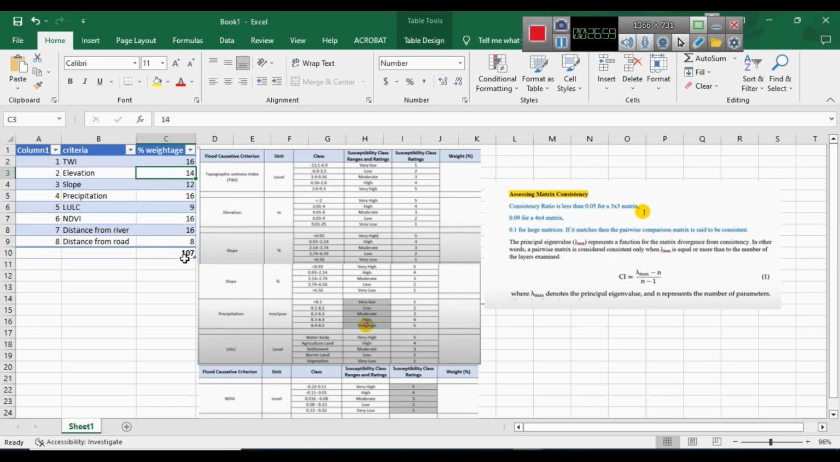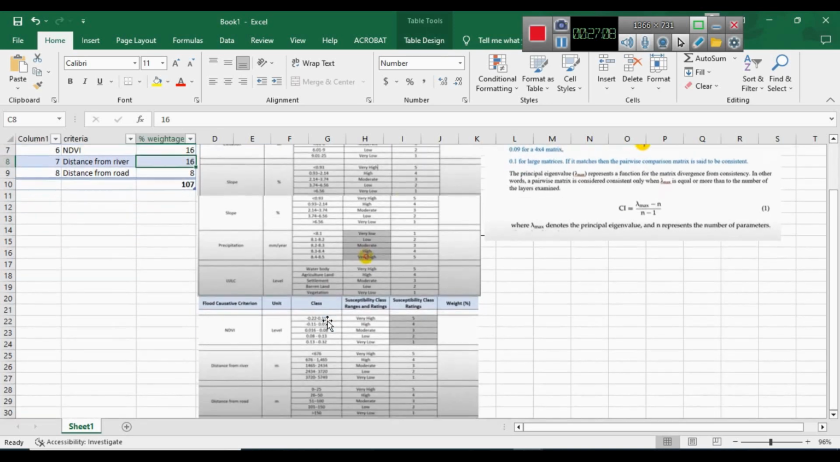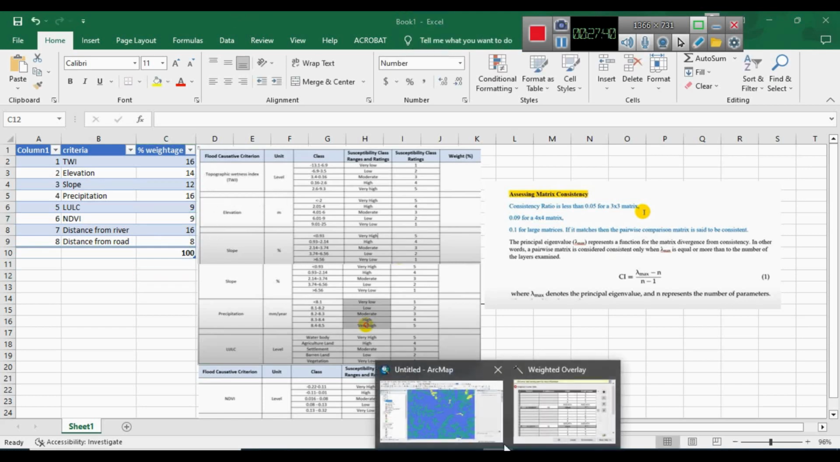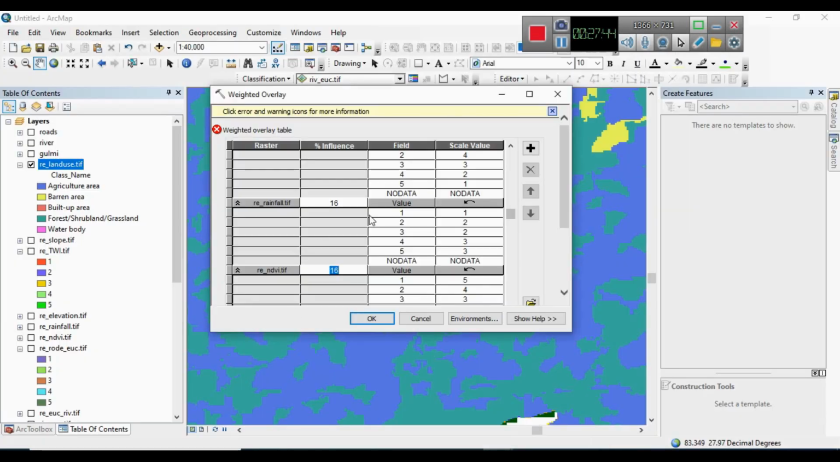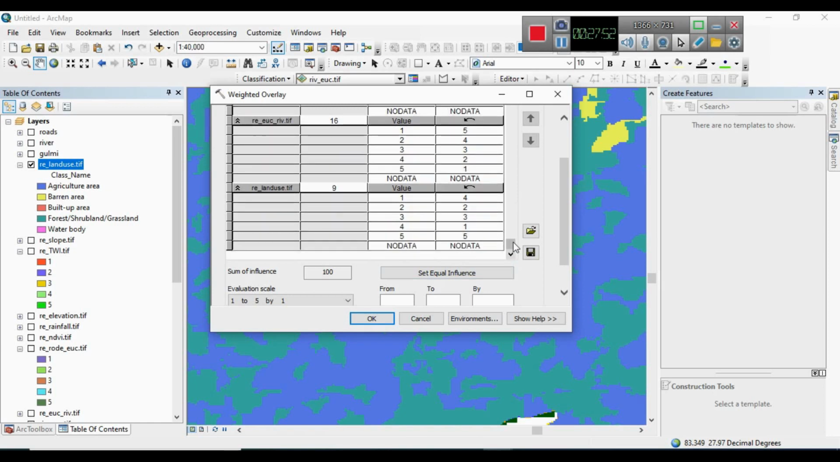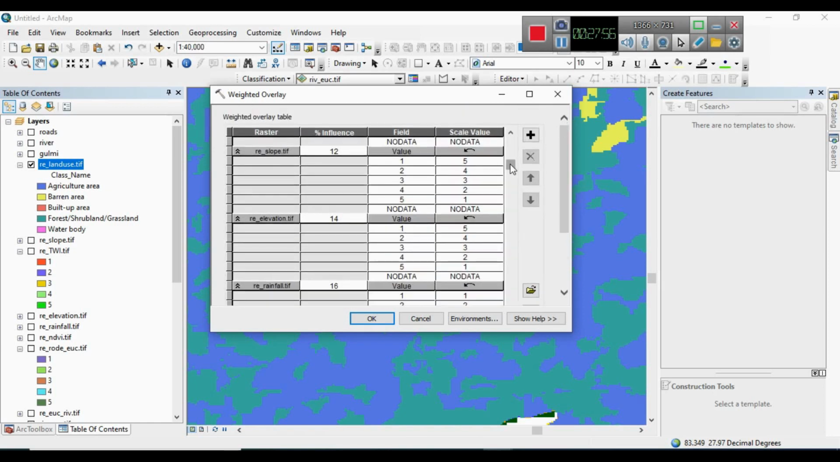And after getting the result, there may be a mistake in NDVI, so I subtract this 7 value from NDVI. So NDVI gives 9 weightage. Okay, I see the influence percentage is 9 from 16. Now is it correct? And after that, I'm going to set the output